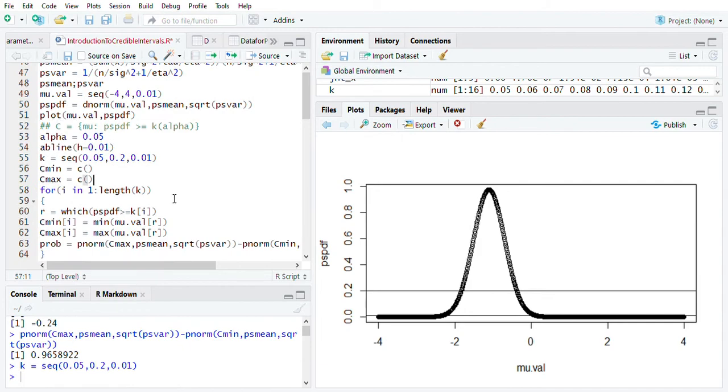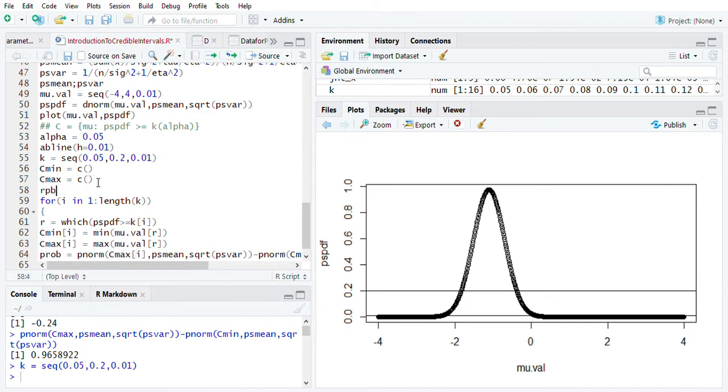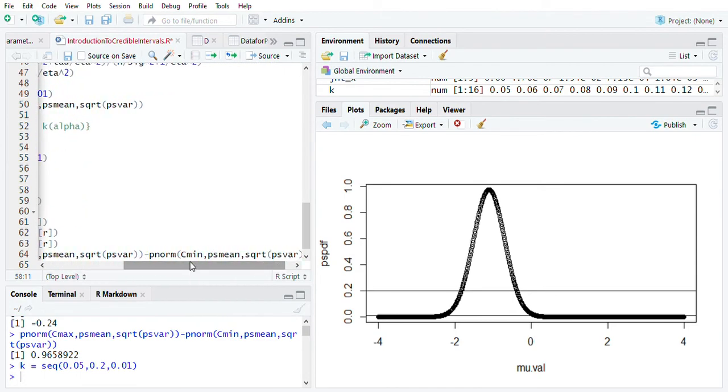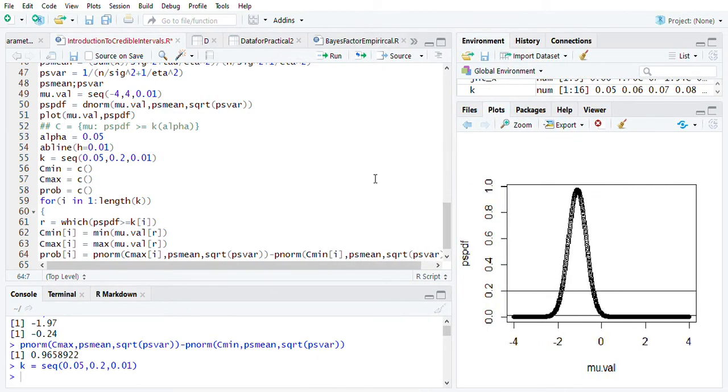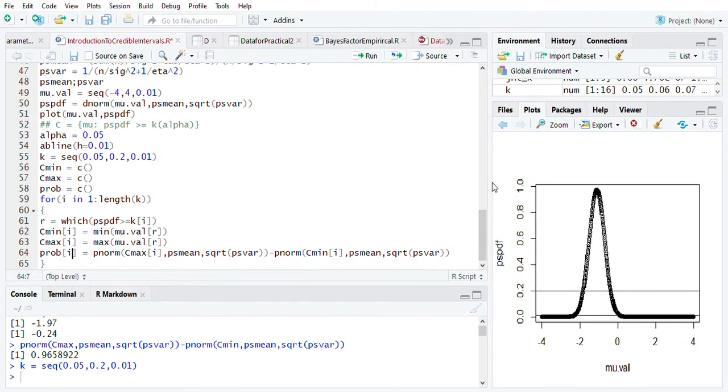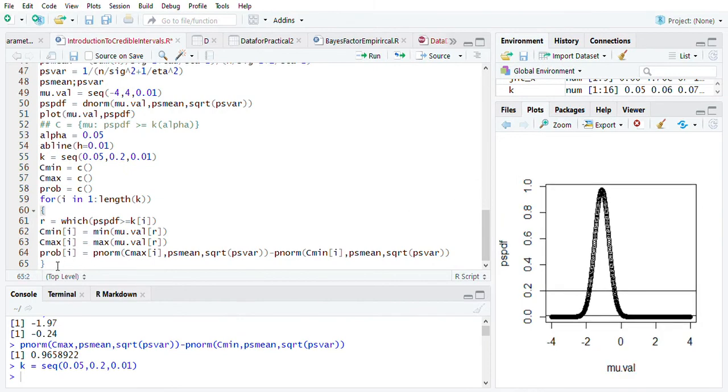Now what I'm going to do is, here I should have probability 2 declared as a vector. This probability basically indicates the coverage probability of that interval. And now these two will be the ith value. So see, what we are doing is, we are computing this, we have put this in the graph. Okay, so now for all these Ks,